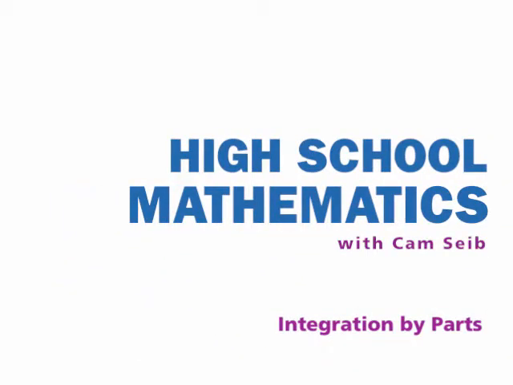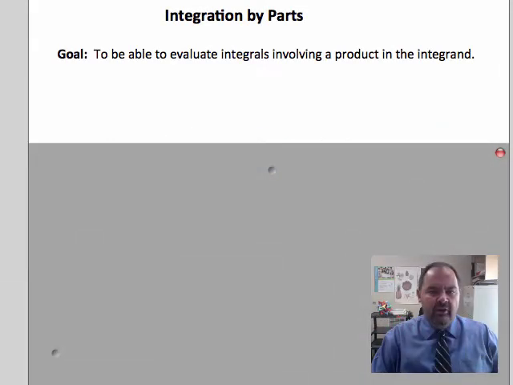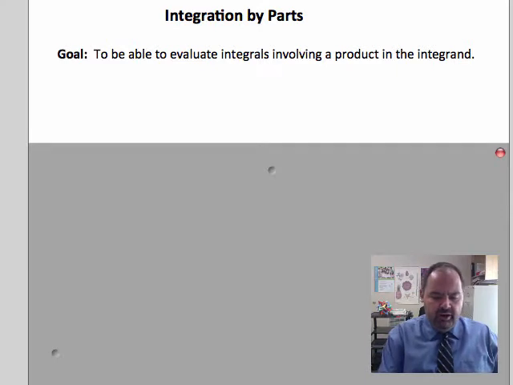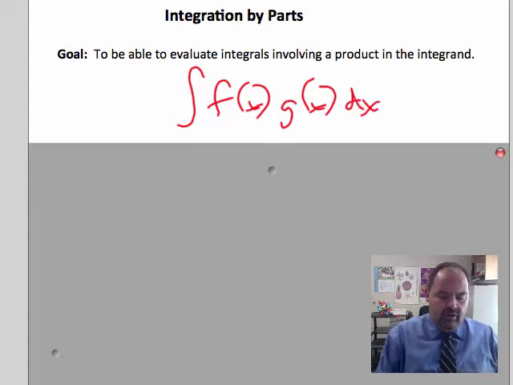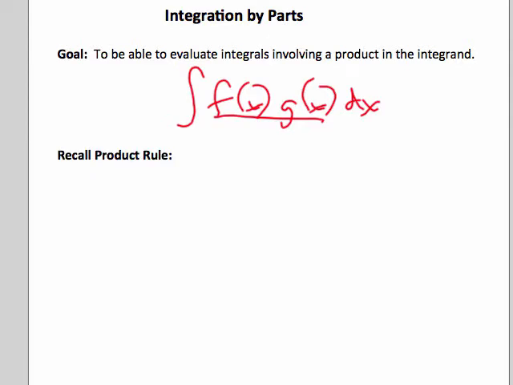Today we're going to look at a method of integration that will allow us to evaluate some expressions that involve a product. So integrals where you've got a function times another function. Alright, so on the topic of product, we're going to begin the development of this formula by considering the product